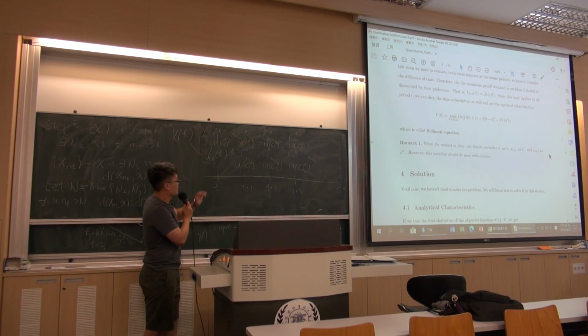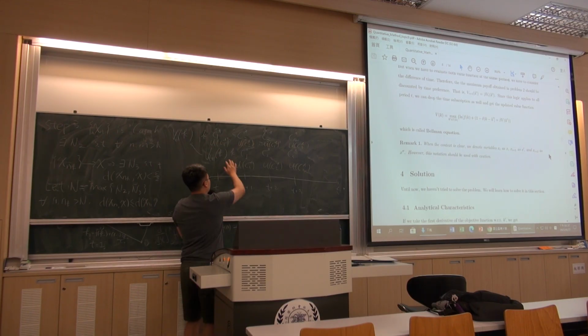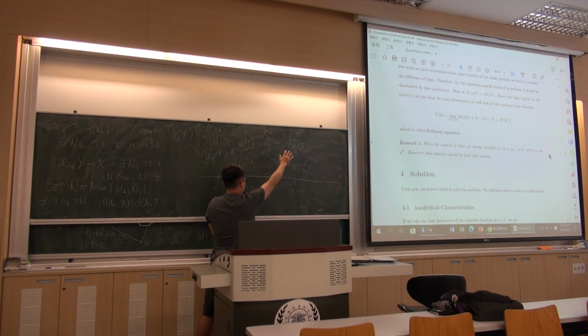You just put that into the utility function, so you have the utility for each period, and then you sum them up with discount factors, and you will get